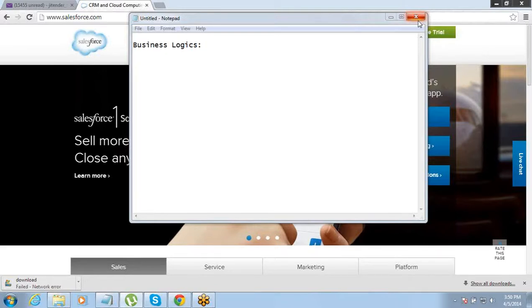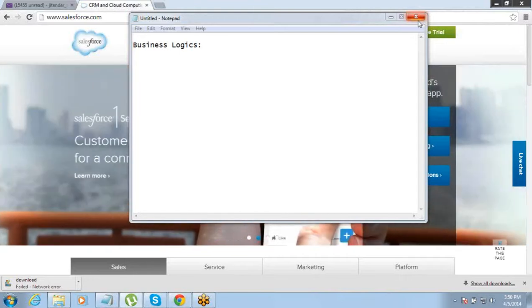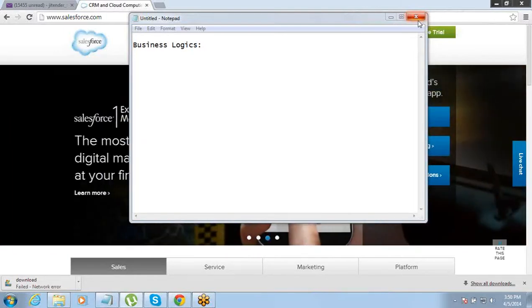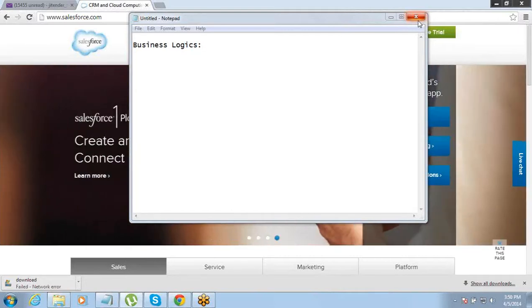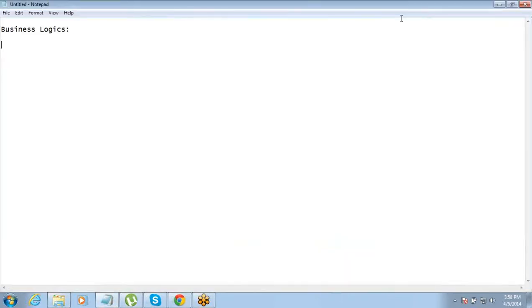So rather than doing it manually every time, you can define that logic and instruct your Salesforce to do it on your behalf, so that you do not spend time every time on that. It will help you reduce the manual work and increase the efficiency, both in terms of saving time as well as avoiding errors.